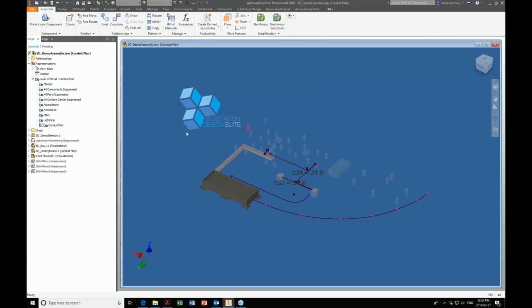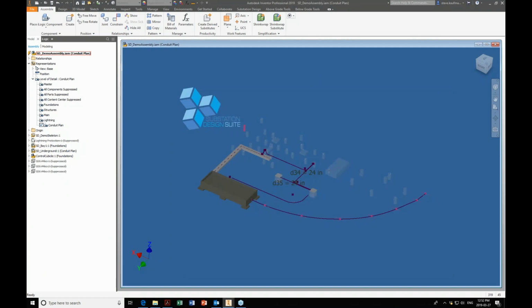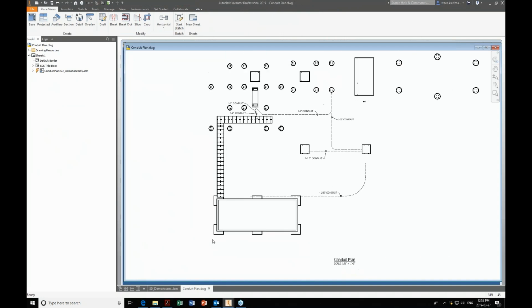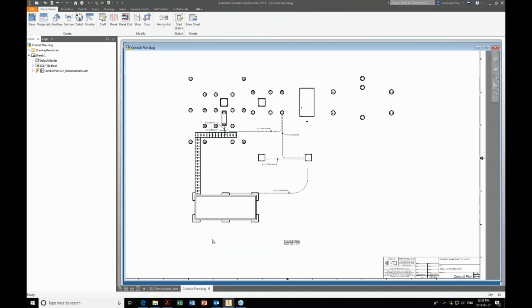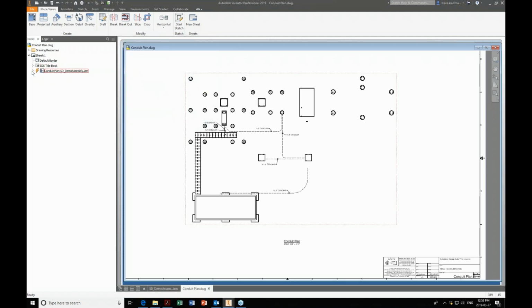Now when I create a drawing of this view, I can come up here and create that drawing. Here's my conduit plan. And you can see my lines are in here. So you look at this. First of all, this view is level of detail conduit plan. When we expand this,